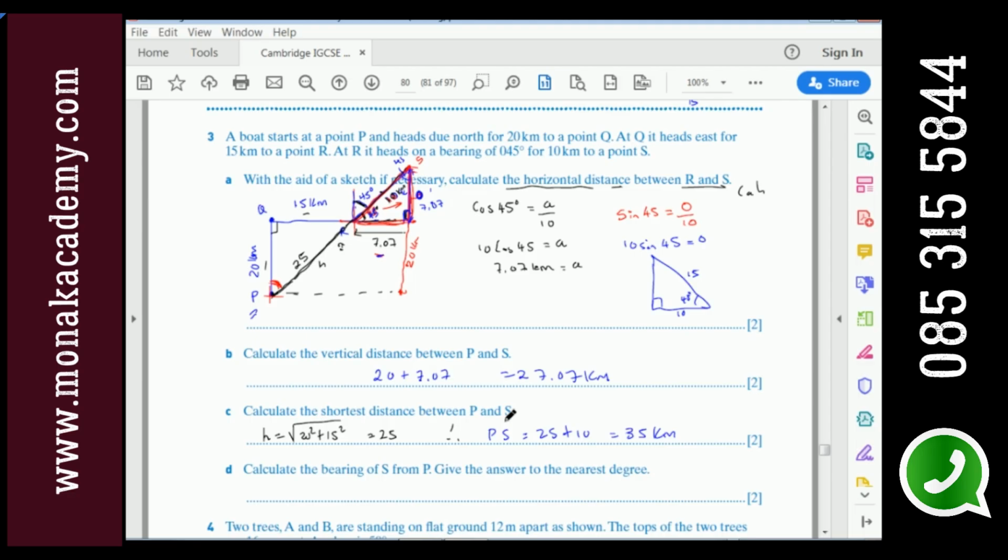So it's going to be tan. Tan of the angle equals, tan is TOA. So which one is your opposite? The opposite is 15. Which one is your adjacent? Adjacent is 20. Excellent. So tan negative 1 of 15 over 20 equals,